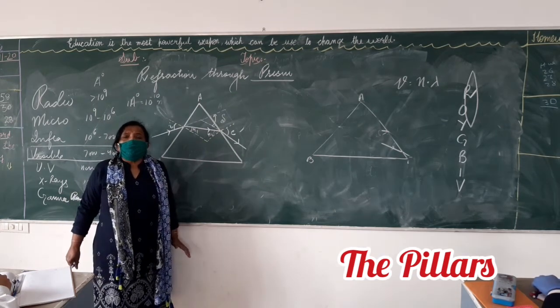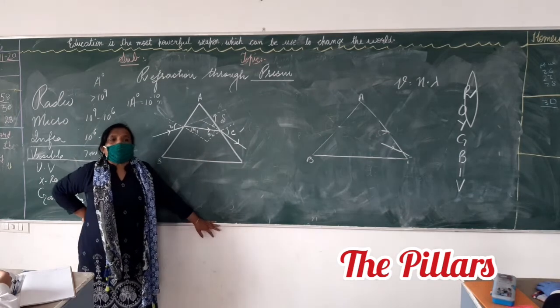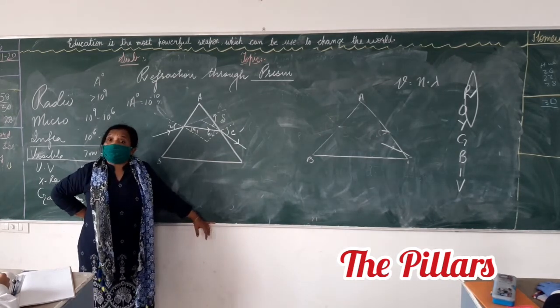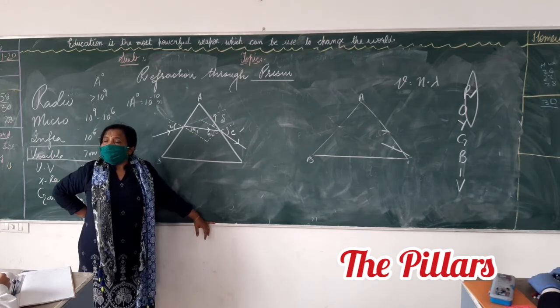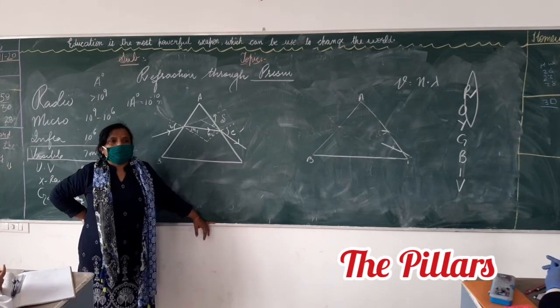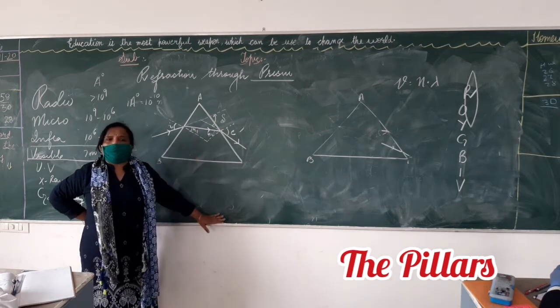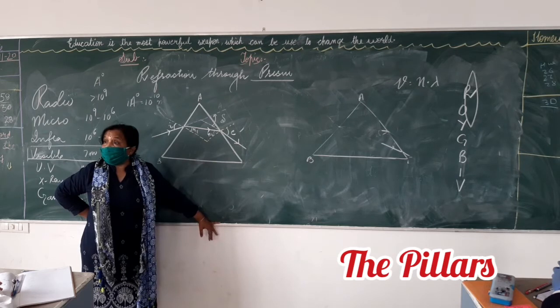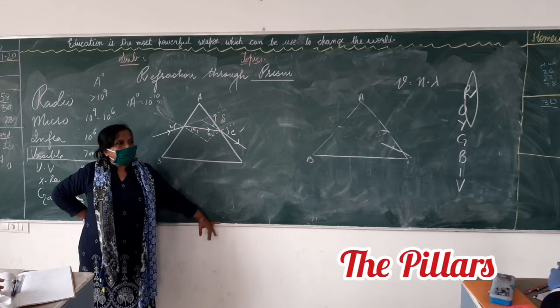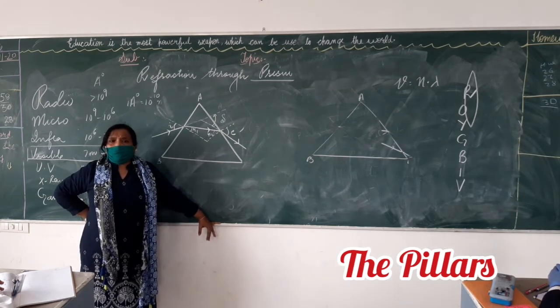Now, there are various phenomena that we witness as dispersion of light. A very simple example of it is the formation of a rainbow. Formation of rainbow. Please listen to me first. Nobody will write in the copy right now. What is a rainbow? Can anyone define it for me?